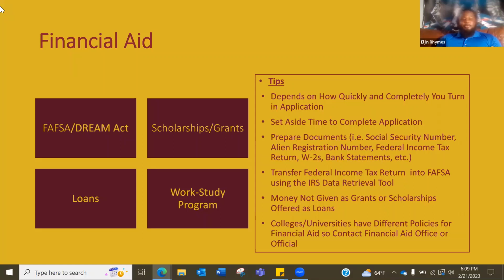Now, the application for this FAFSA really depends on how quickly and completely you turn in your application. It opens on October 1st of every year, and within that period, it is highly advised to apply early and often, because the earlier you apply and the more fully you complete your application, the more money you're able to get once you are accepted. The funds can be sent to your school via the FAFSA link, however your school is set up in